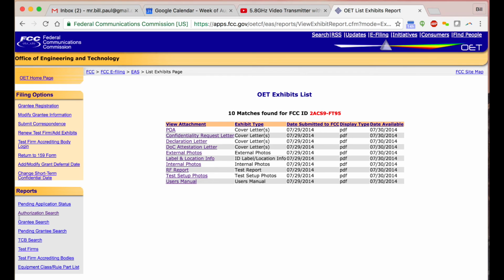So that's the technical side on why these types of devices are not really legal for transmitting video on 5.8 gigahertz. You can get a little bit more legal if you have an amateur radio license, which is very easy to get in the US, and I imagine other countries too. But the practical side of it is, does it really matter? Is anybody really watching? And the bottom line is the FCC is, as far as government agencies go,